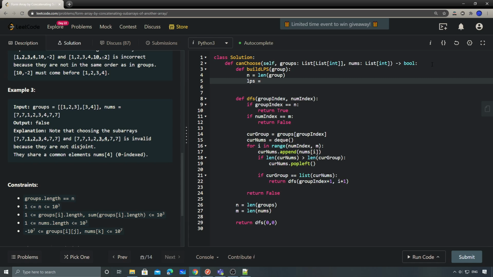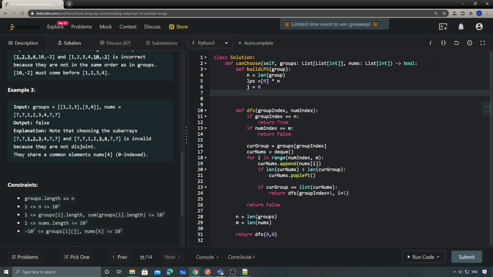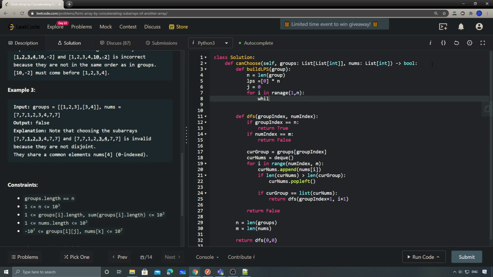At the beginning, the length for each element is 0, with n elements, and we have j equal to 0. I'll keep typing: for i in range of 1 to n, while j is greater than 0 and group of i is not equal to group of j,